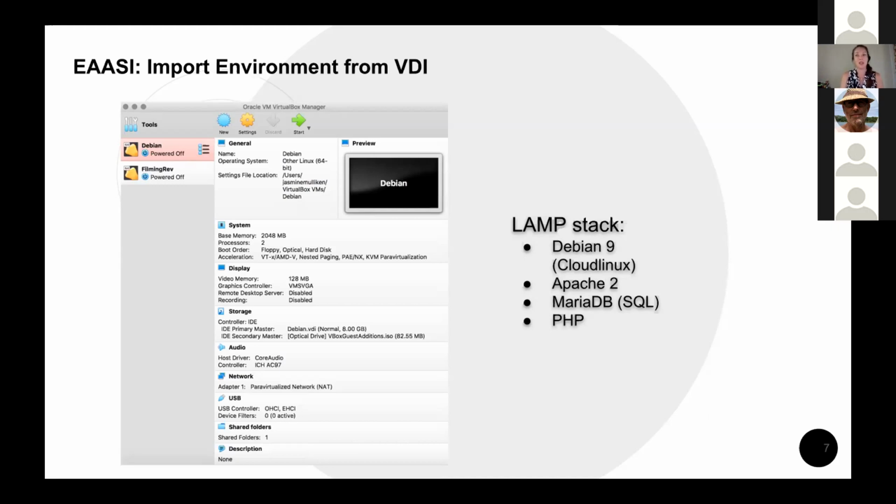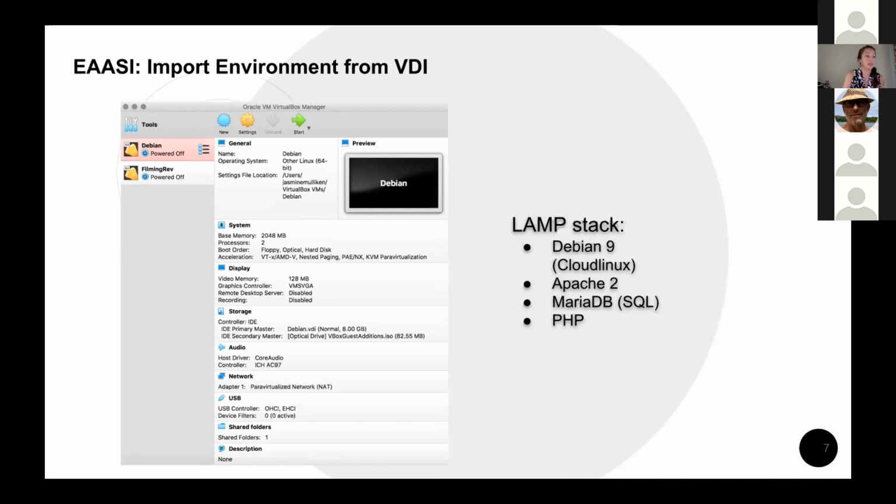So we've been testing it in hopes that we can preserve that underlying code, but also provide researchers access to the interactive publication itself. So there are different ways to approach importing an environment or creating an environment in the EaaSI interface. And what we've seen so far is a little bit different from the approach that I took on this. So I should say that our testing at the press with EaaSI is very much a work in progress. So what I'll be showing here now is just a walkthrough of what we've done so far. And there are a lot of other ways to do this,